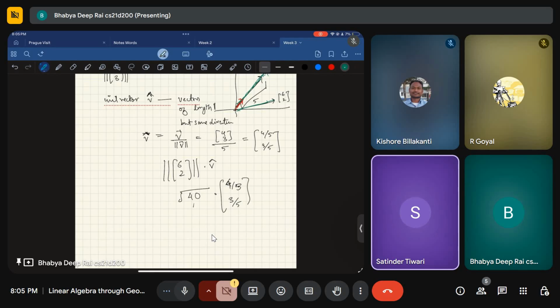Yeah, Satinder. So I was just visualizing in this way also. Can we think of it like a unit circle? You can do that. The unit circle gives the length of one unit along the basis. In any direction, what will be the length, what will be the radius of the circle, and what will be the coordinate reading? I think the unit circle is giving that part only.